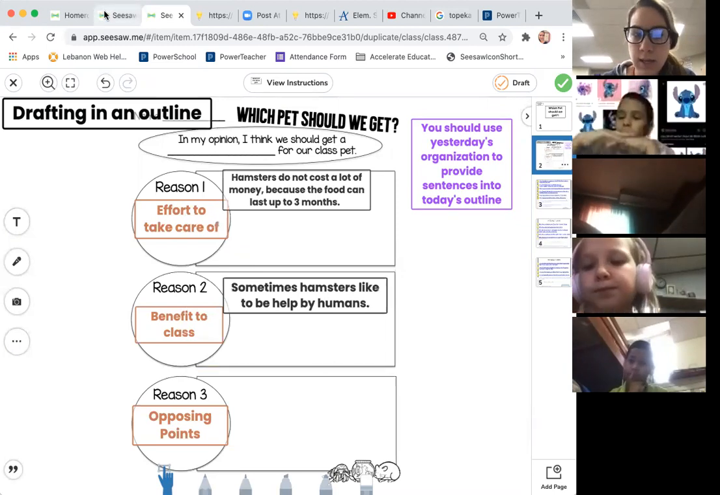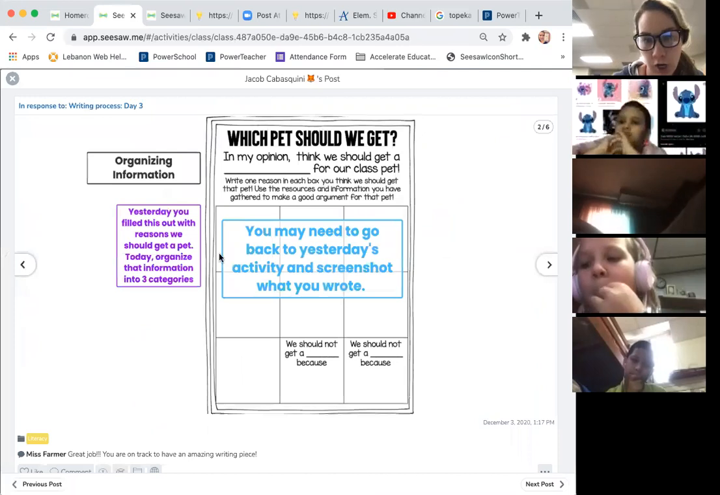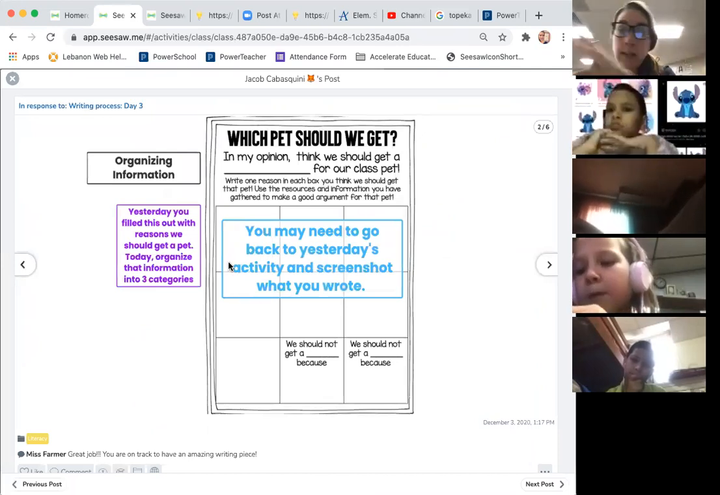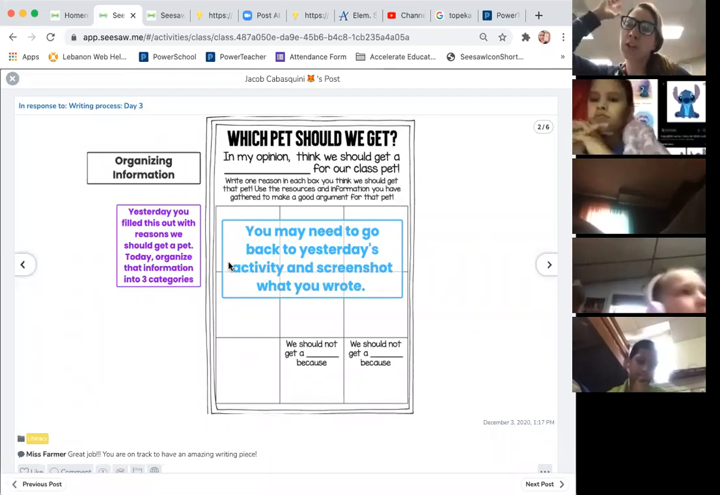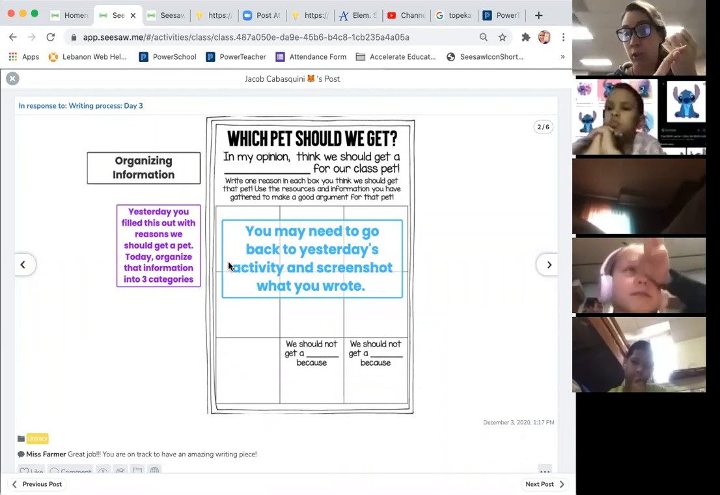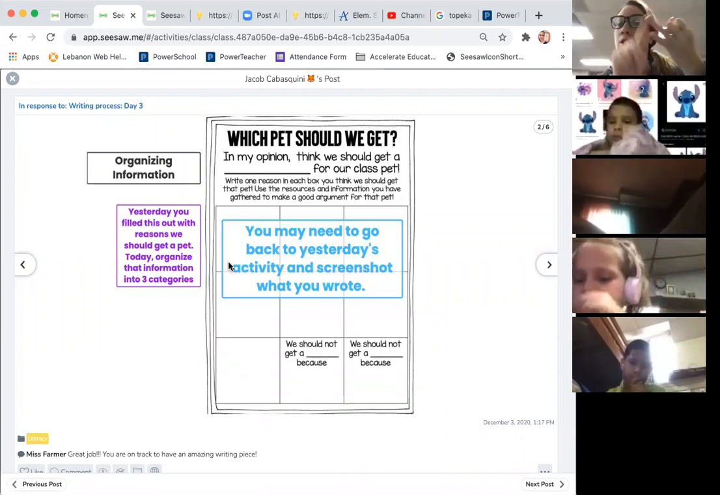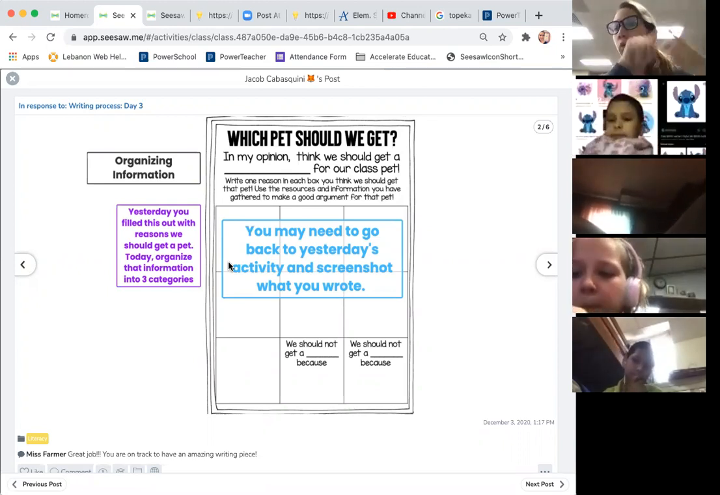But do you see how we're using your ideas from here, which were really your ideas from this chart? Your ideas shouldn't be changing. You're just putting them into a more clearer thought. So instead of being like, hamsters are cute, I want a hamster, you went and you did the research and you were like, hamsters are cute. That's one of my reasons. Hamsters don't take a lot of food. Hamsters are really cool creatures. Hamsters run all night long,